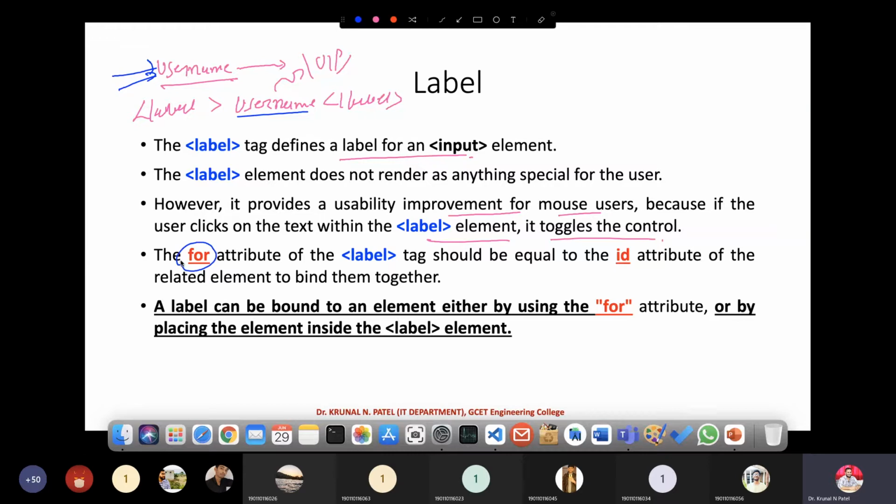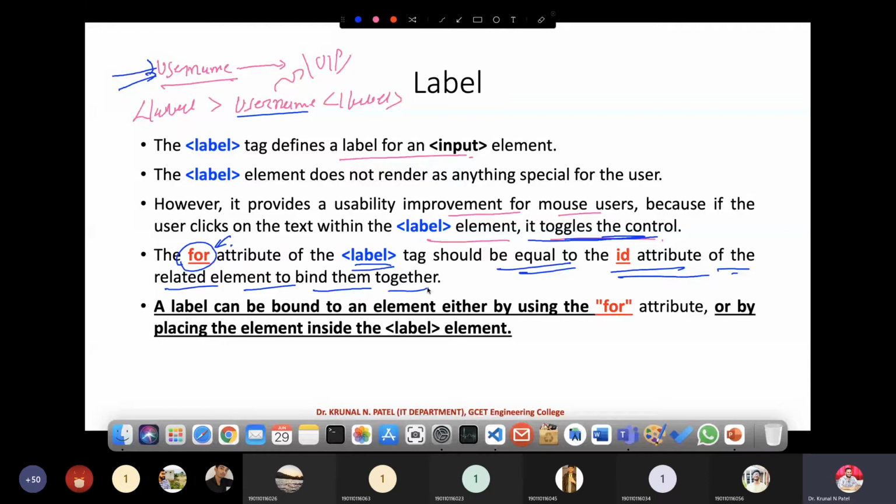That's why it is used to toggle the controls. So how can you make it interactive? Using the for attribute. The for attribute of the label tag should be equal to the ID attribute of the related element to bind them together.